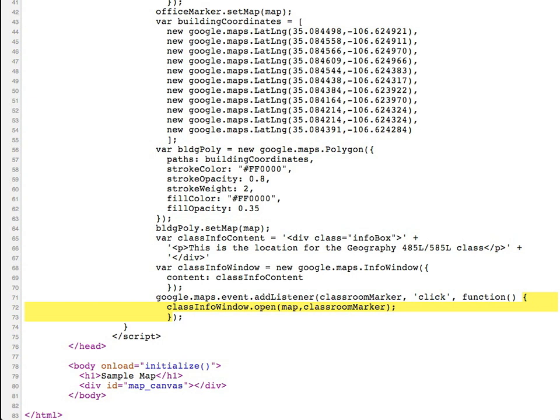This is just a JavaScript syntax model for being able to define one or more JavaScript commands that you want to execute as a part of this function. In this case, what we're going to be executing is the open command for this class info window object, where again, that is the info window object that we created above that contains the text that we want to display. That info window object has an open function